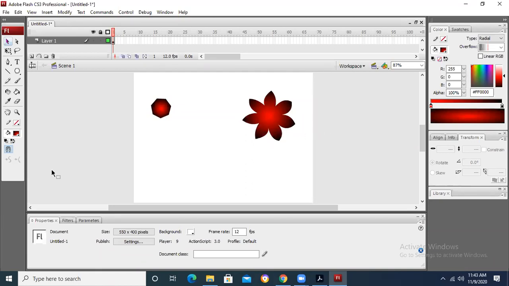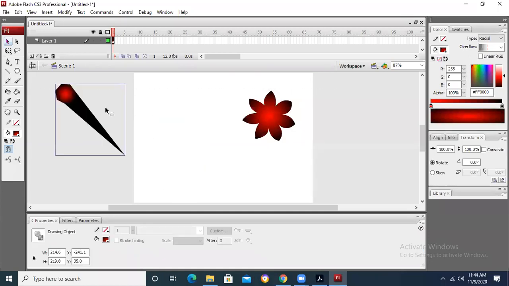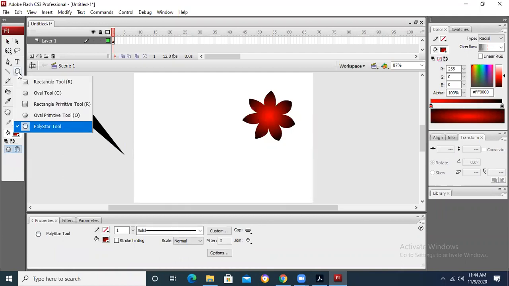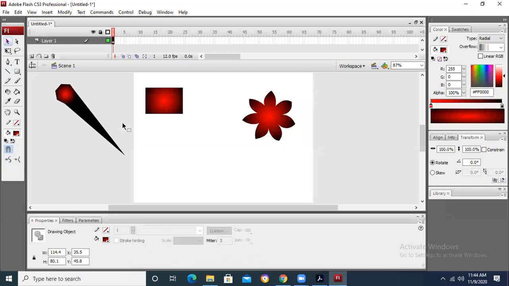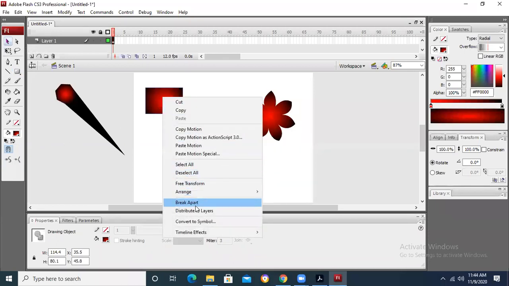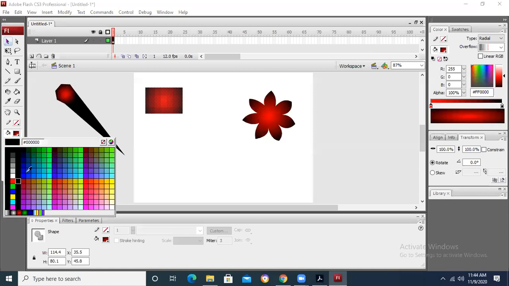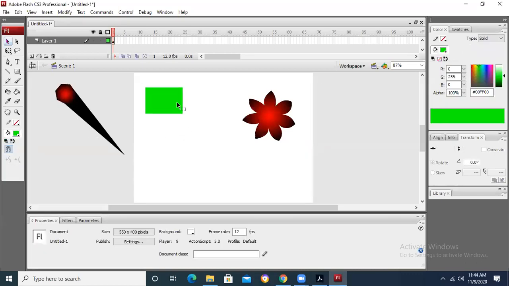When arc comes, then you can do this. But if you have got angle, you see this angle. When angle comes, you cannot make it rounded, you can drag it to make some angle in this way. So when angle is there, you can drag it, stretch it according to your wish, and you can stretch that particular angle. Just like this is the rectangle, I right click on it and I apply break apart on it. I change the color to green. Okay, let's suppose. Now, if I bring the mouse cursor to the corner, it will be converted to angle. If I bring the mouse cursor to the side, it will be converted to the arc.